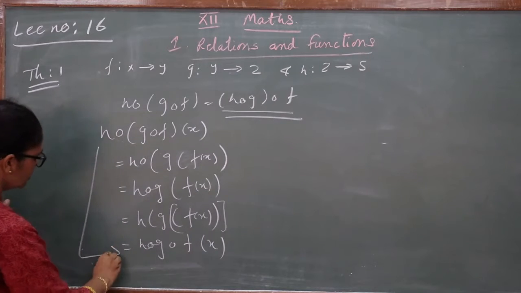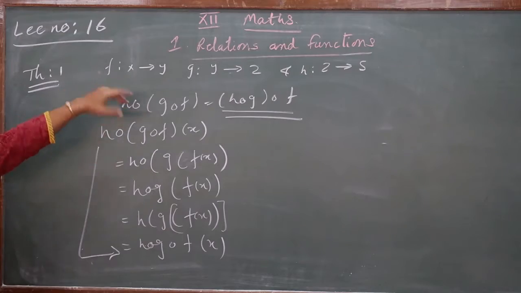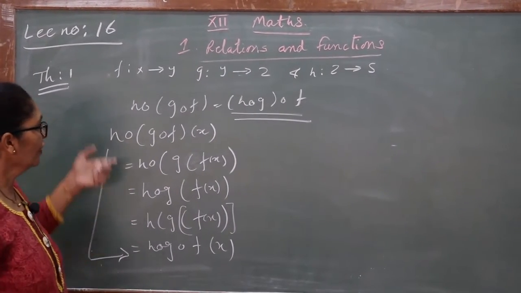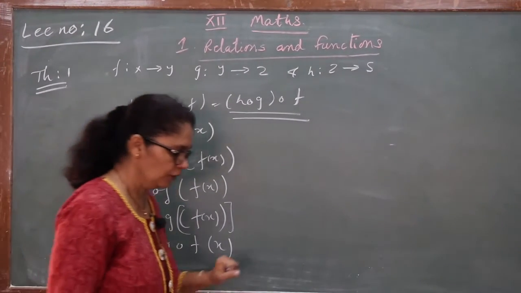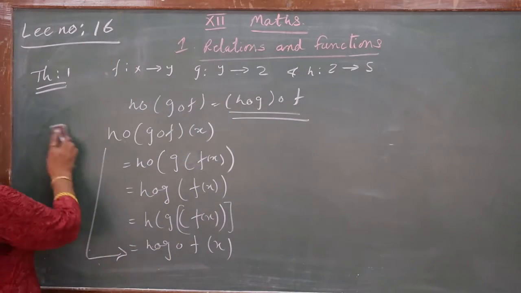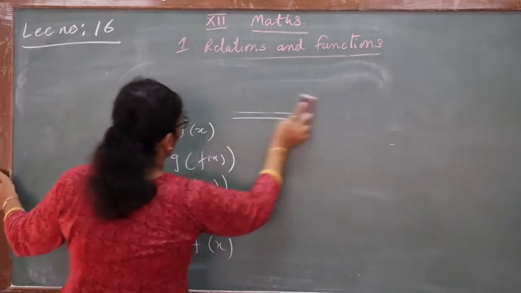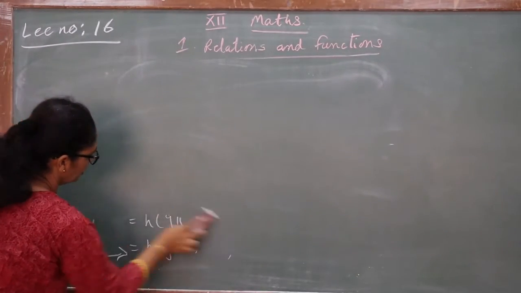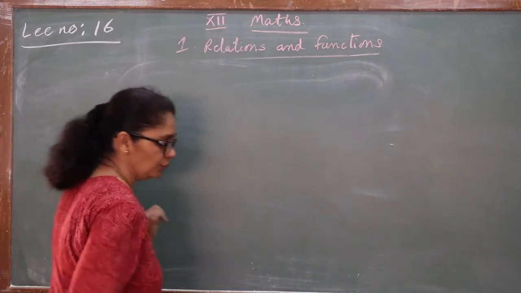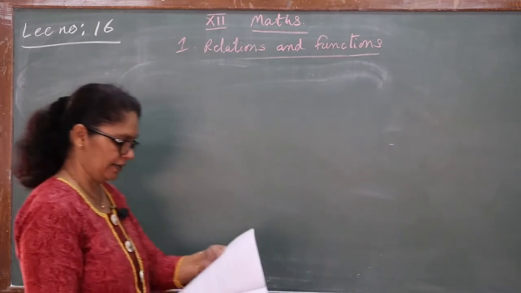So what is our first theorem? It is your associative law only. In the last lecture we also discussed this theorem, but with an example. Here we have proved it. As far as the exam is concerned, the use of the theorem is there. No one will ask you to prove the theorems. So just go through the proper proof, but no need to do it by heart.